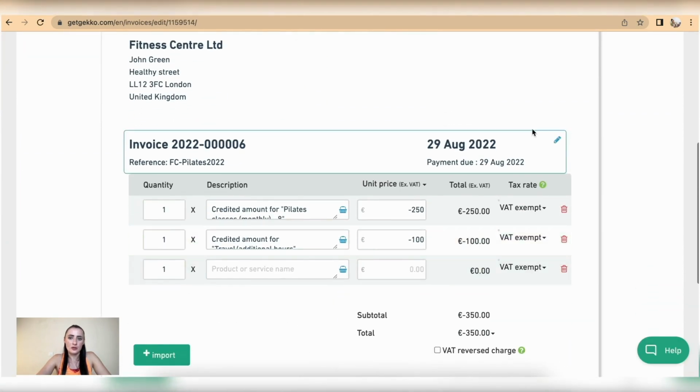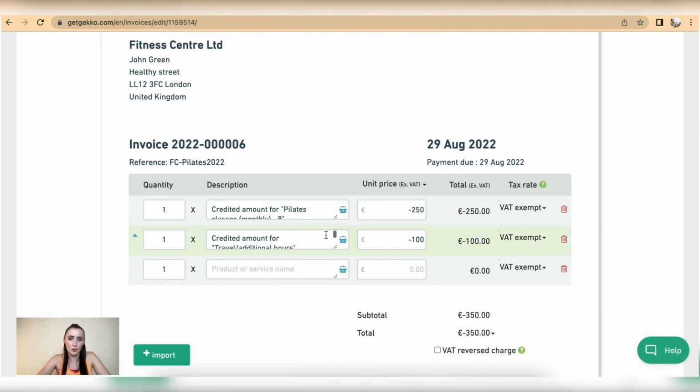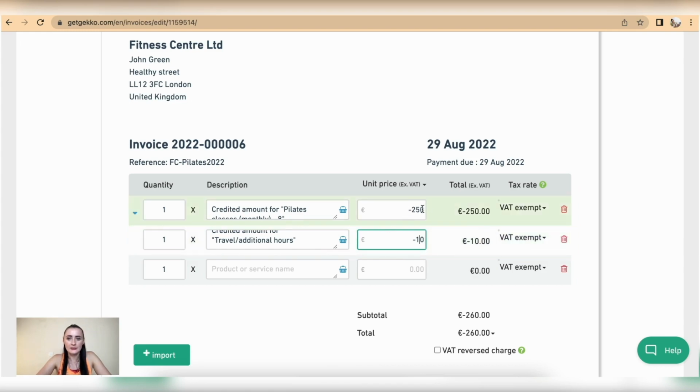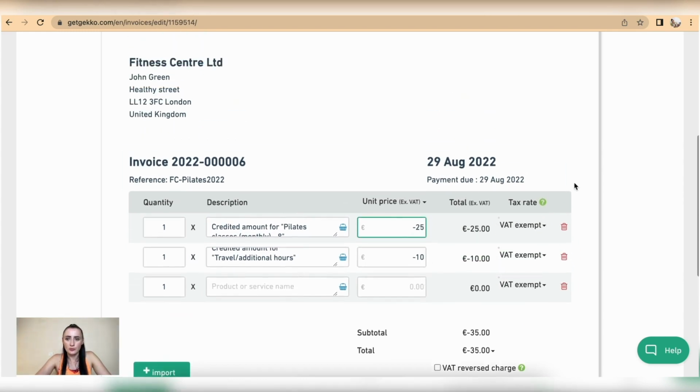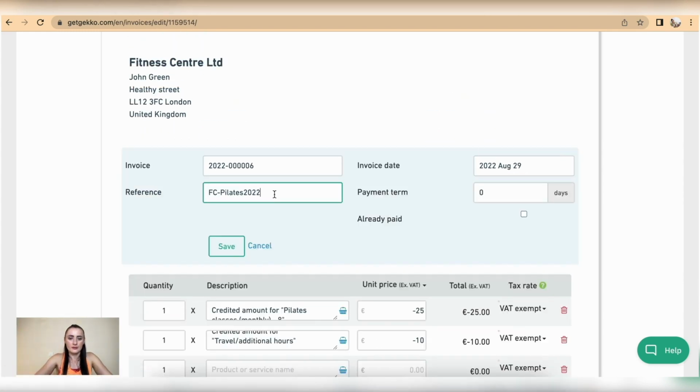To credit invoice, I can amend the date if required. I can also add a reference if required, and then I can select which lines I actually want to credit. In my case, I want to credit £10 out of this line and £25 out of that line, because that is a discount. Okay, so if I want to provide, I can add here, and I can add note discount